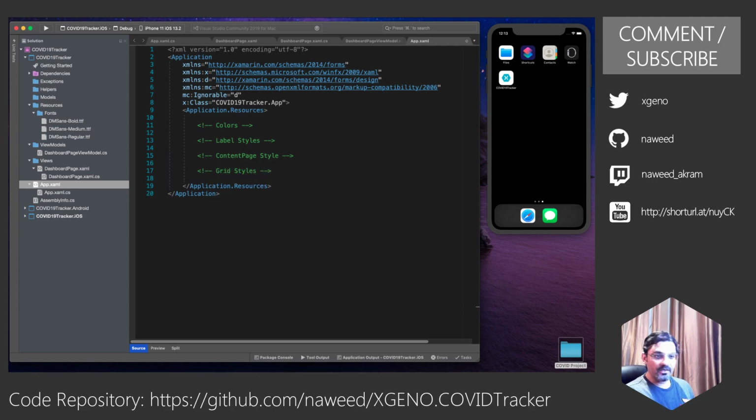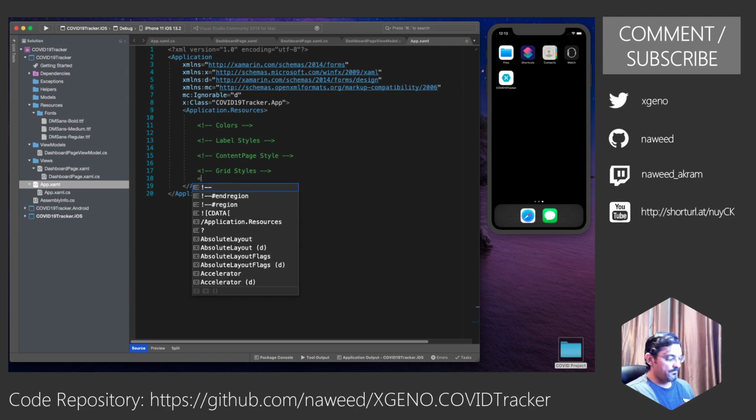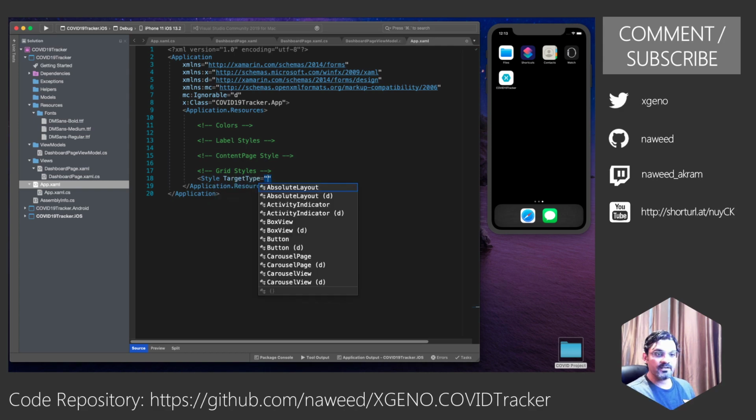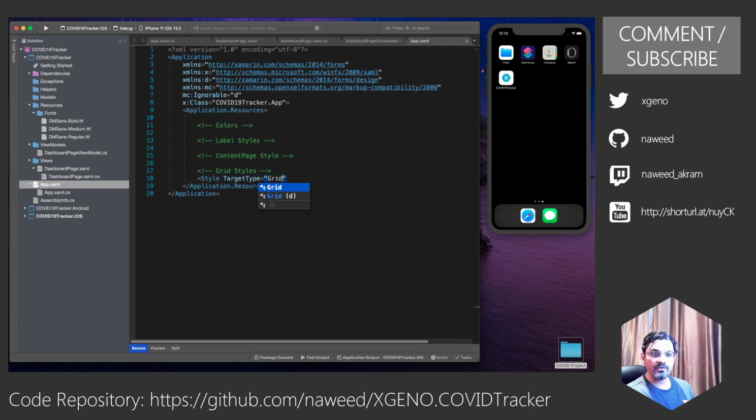Let us start with that. The way you define a style is you just say style target type is equal to, in our case, grid, and we don't need to give it a key, because the advantage of not giving a key is it will apply to all grids in your application.